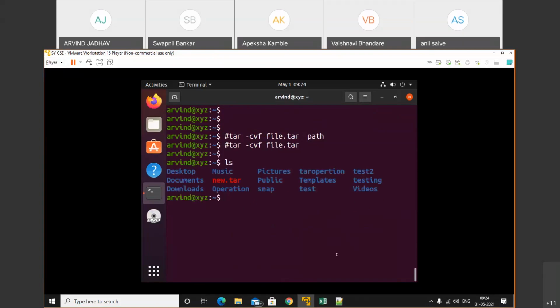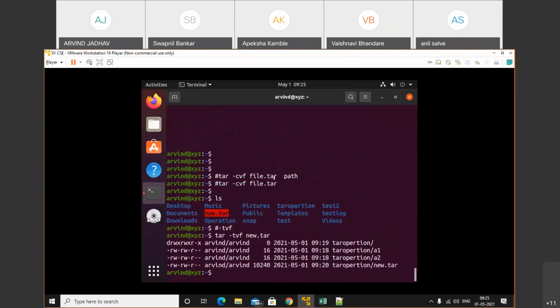Also, one more command is available if you want to check the content of a tar file and you don't want to extract it. We have the option -tvf. With this you can see the particular files, and there is no need to uncompress or extract. We are just able to view the content of the compressed file. So let's do that. tar -tvf new.tar. When we perform this operation, we get the files. A1 is showing and A2 is showing. After that new.tar was also available inside, so that is also showing. So we get all that information.